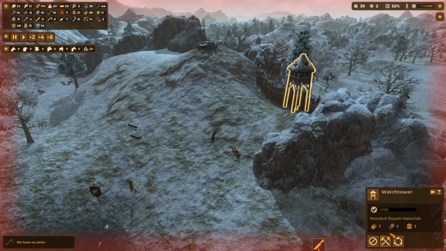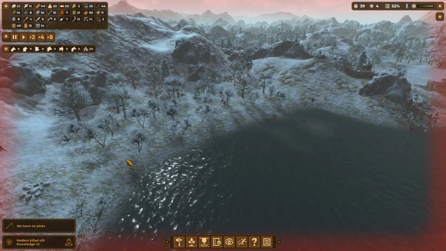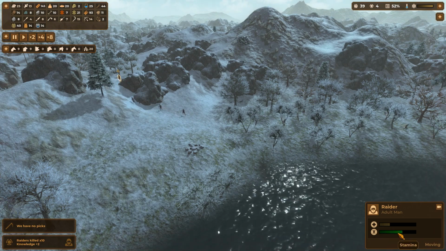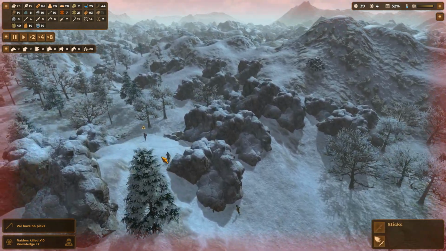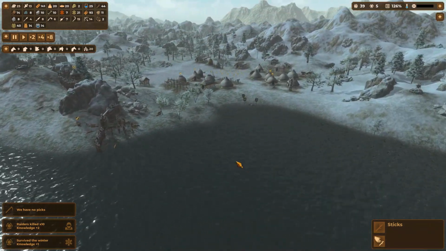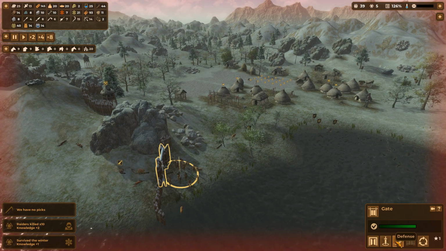And I guess the watchtower is going to have to be repaired pretty soon. Raiders killed, times 10, knowledge 2. Alright, and so this last person is trying to run away. He's badly injured. His stamina is running out, however. Some people are shooting at him with bows. He survived the winter again, so 1 knowledge point for that. And I guess at this point,